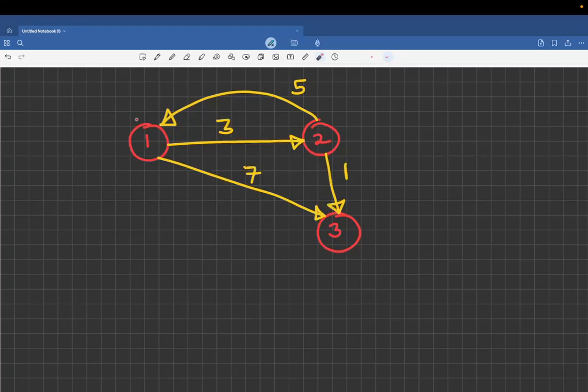Now you have to start at city 1 and you have to reach city N. Over here the value of N is 3. So you have to start at 1 and reach city N, and you can use one discount coupon once. And what will the discount coupon do? It will halve the price of the flight.